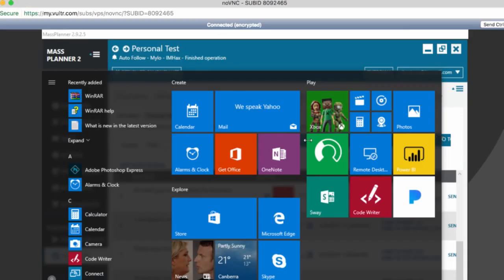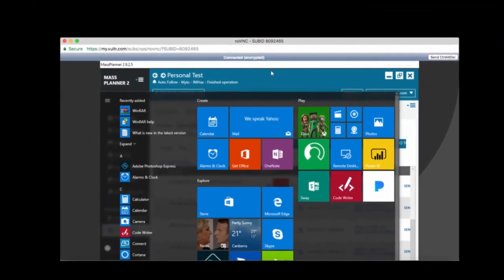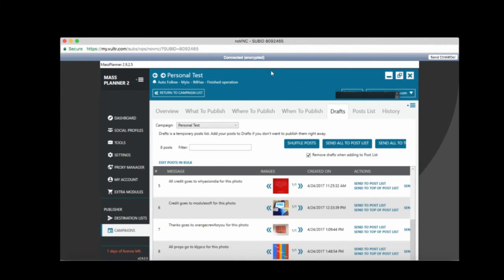So we'll go to Massplanner now. This is my VPS that we're looking at now. I'm running it on Volta. I set up a Windows trial and just installed it on there, and basically I'm letting the software go to work. So first of all, when you start off,